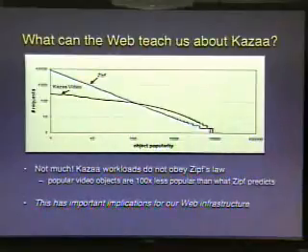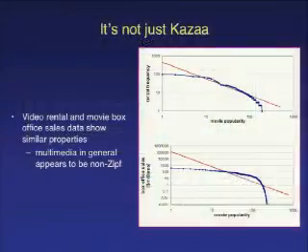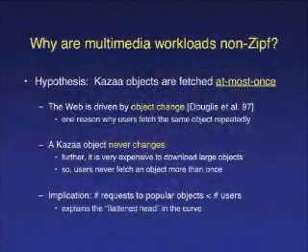And unfortunately, this deviation happens towards the head of the distribution where you have a majority of the requests in the workload. Now, intriguingly, it turns out that it's not just Kazaa workloads that exhibit this behavior. Many other multimedia workload distributions, such as video rentals in the top graph here and movie box office collections in the bottom graph here, both of those also exhibit this non-Zipf behavior. We got this data from the publicly available Internet Movie Database site, imdb.com. Now, we wanted to understand what the implications are of these differences. To understand that, first, we wanted to understand why these multimedia workloads exhibit this non-Zipf behavior. What factors would be driving this behavior?